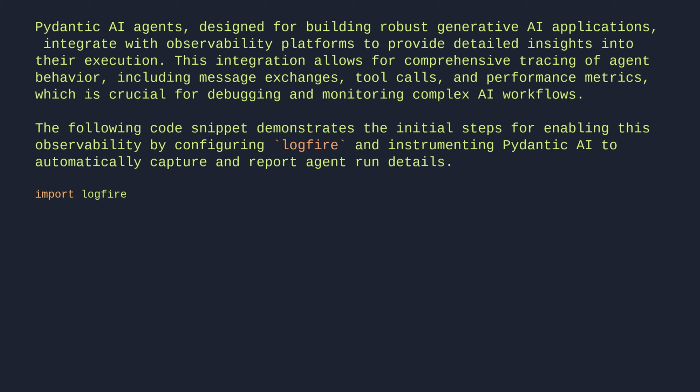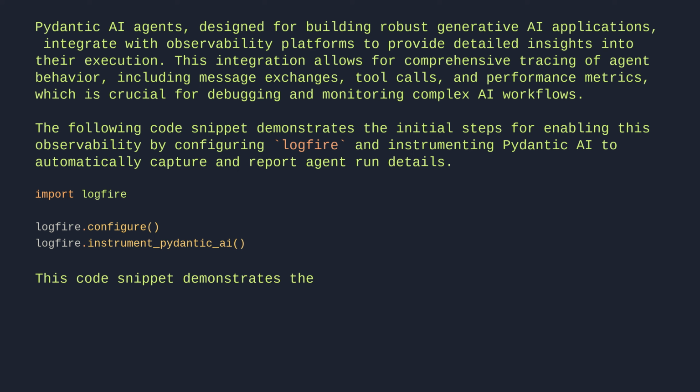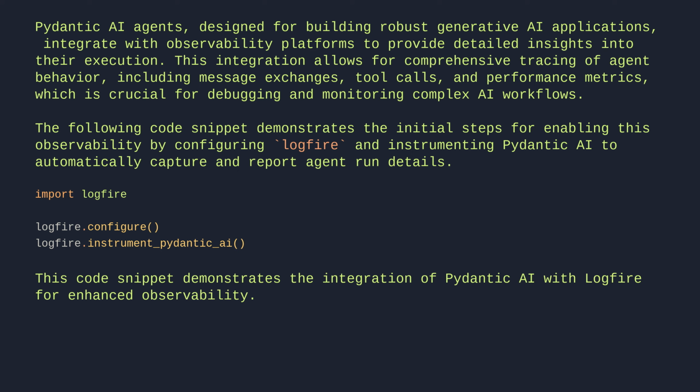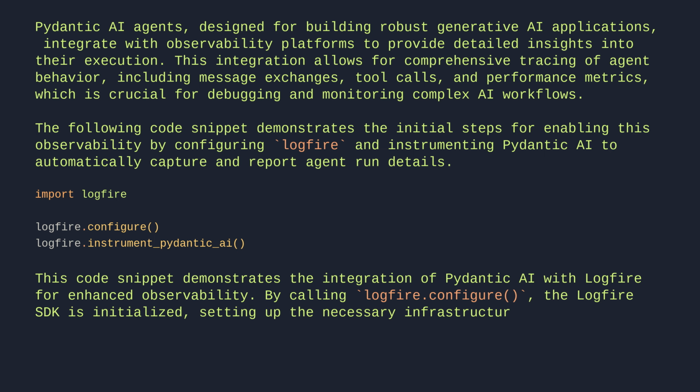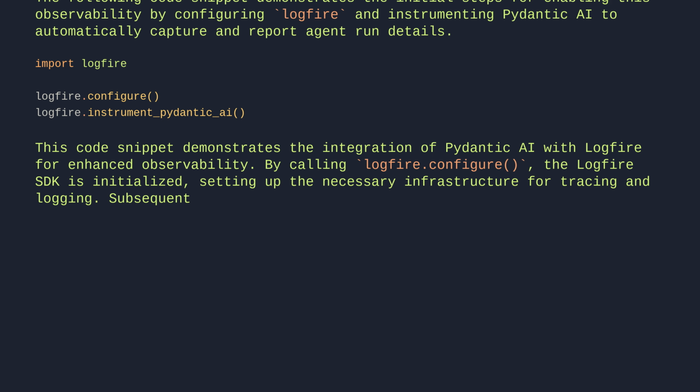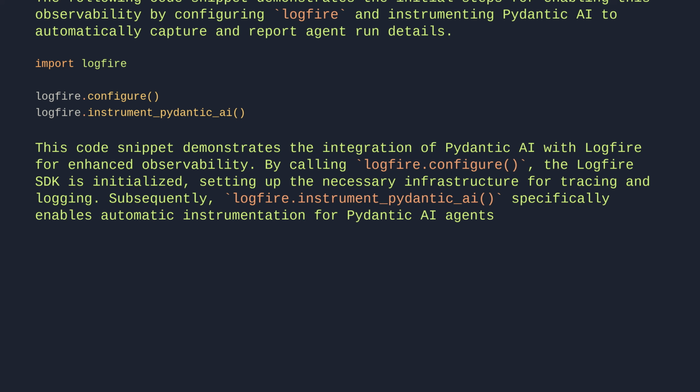Import Logfire. Logfire.configure. Logfire.instrument_pydantic_ai. This code snippet demonstrates the integration of Pydantic AI with Logfire for enhanced observability. By calling Logfire.configure, the Logfire SDK is initialized, setting up the necessary infrastructure for tracing and logging. Subsequently, Logfire.instrument_pydantic_ai specifically enables automatic instrumentation for Pydantic AI agents, ensuring that detailed operational data from agent